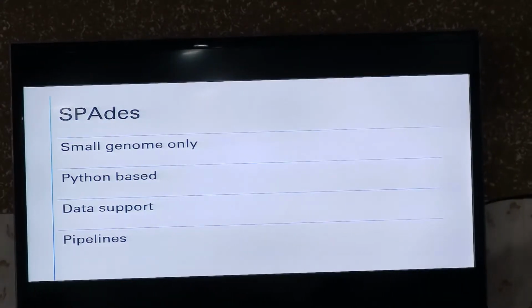So SPAdes is made for small genomes only, right? If you want to do assembly of large genomes, large animals, then it will give you assembled data, but it is not reliable, right? This SPAdes is a Python-based script, and it supports data that is unpaired reads, paired reads, and mate-pair reads,